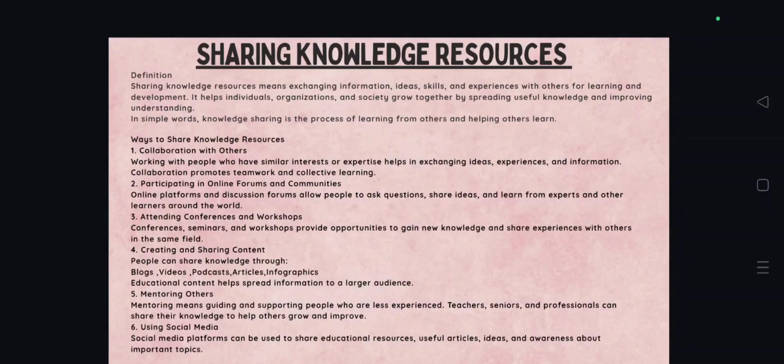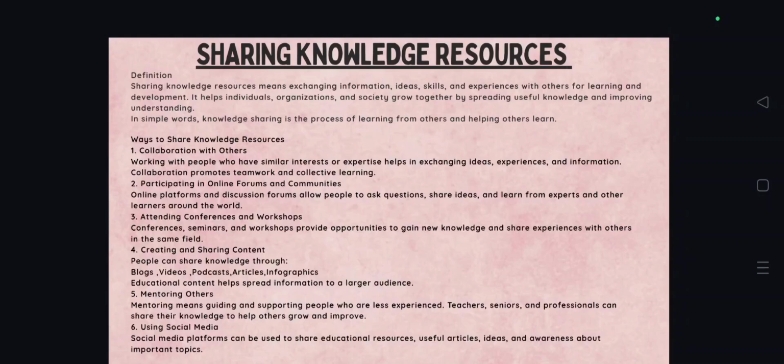It helps individuals, organizations and society grow together by spreading useful knowledge and information and improving understanding. So it is sharing whatever knowledge we have with others and gaining whatever knowledge others have. So what are the ways in which we can share knowledge resources? First is